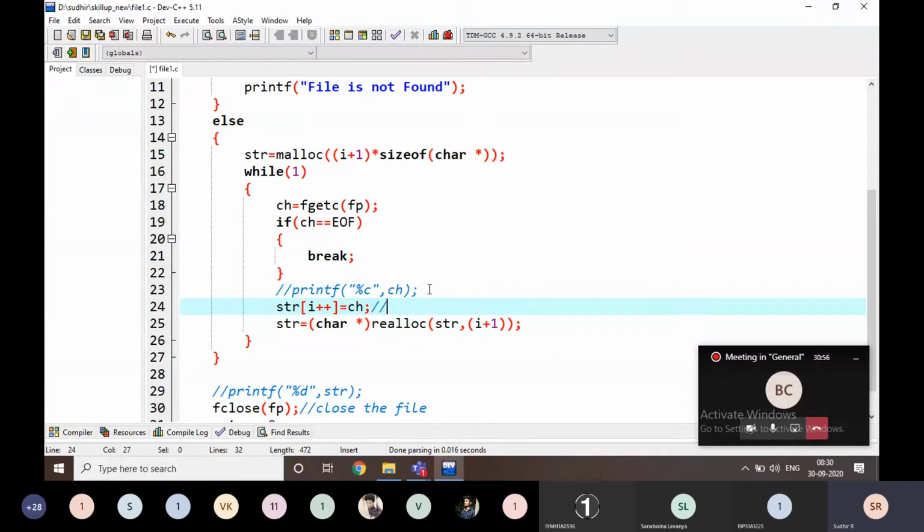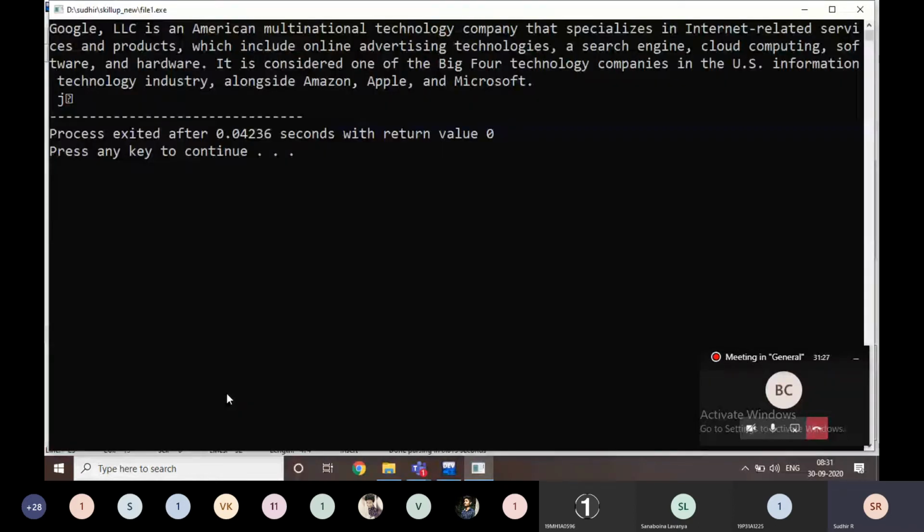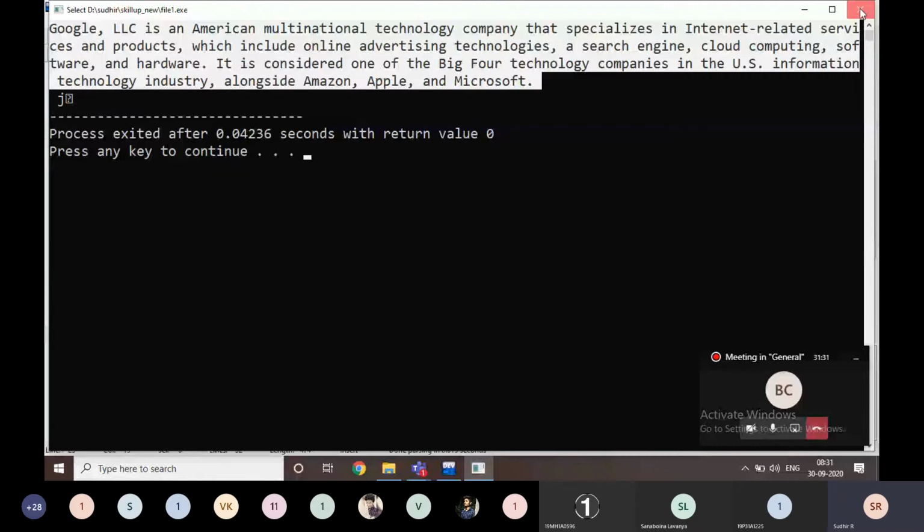Here i becomes 1 the first time. Why? Because i plus 0 becomes plus 1. Here I am going to add a 2. That means one more character is going to be added at a time. For example, i is 2. Then I am going to add one more character, that is going to be 3. I am going to add one more character like this. For example, I am going to view this data here. Just look at here, the data is coming like this.